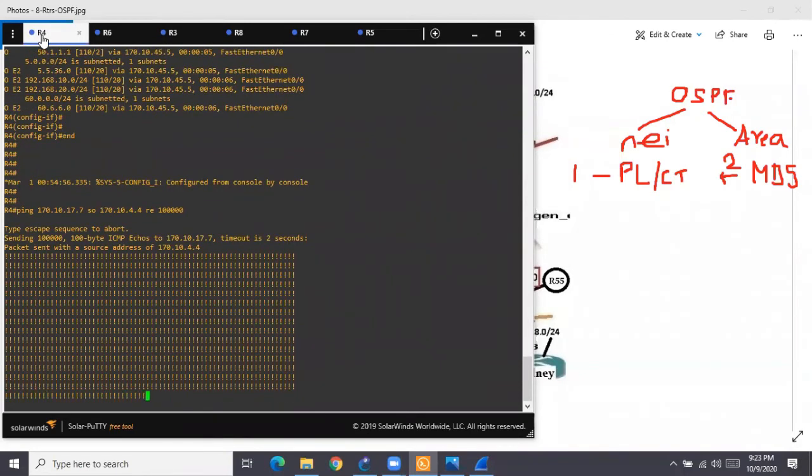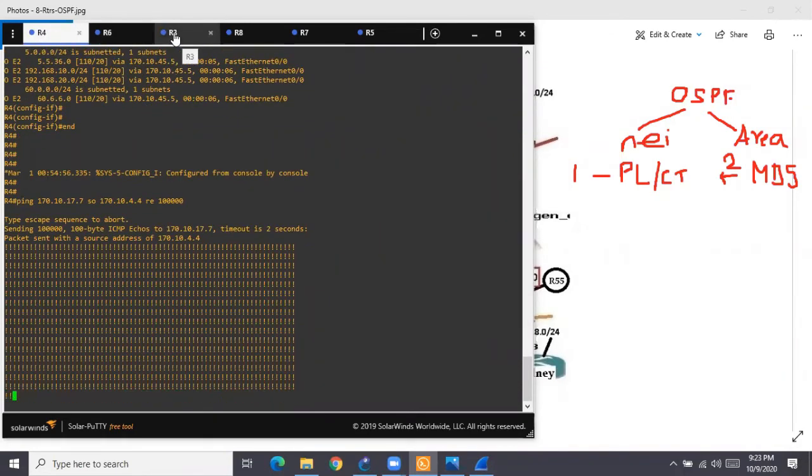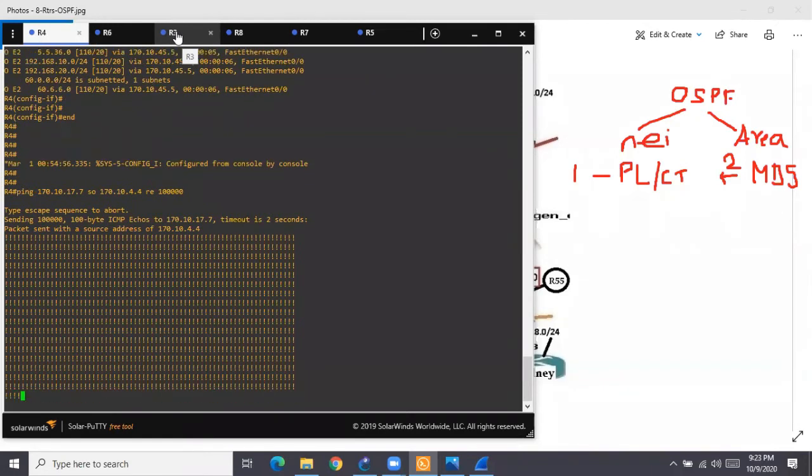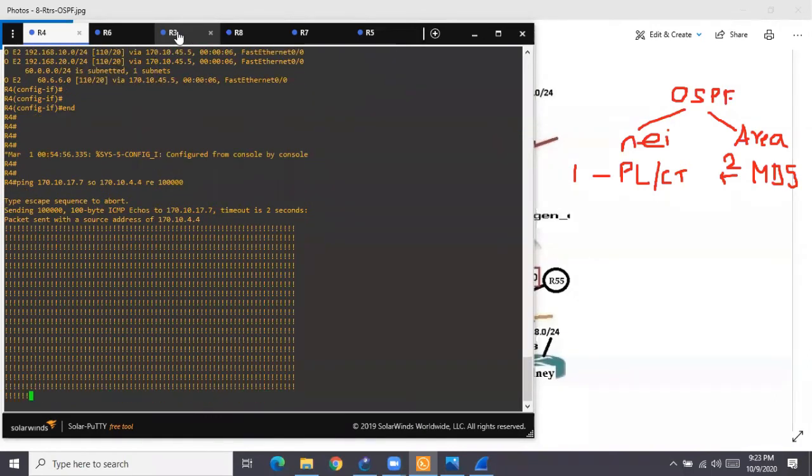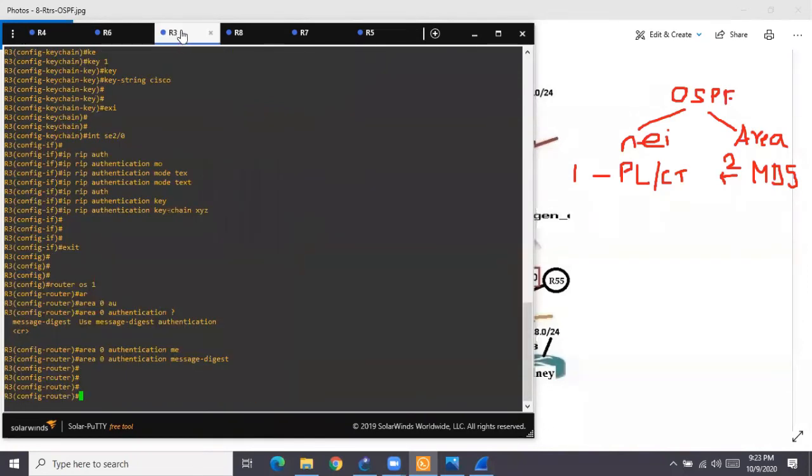Right now communication is still happening. Let's see how long this communication continues, because R3 says I'm going to do authentication. I want authentication. My area 0 must be secured. I don't want my packets to be sent and received unsecured.